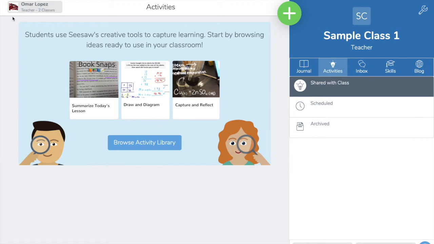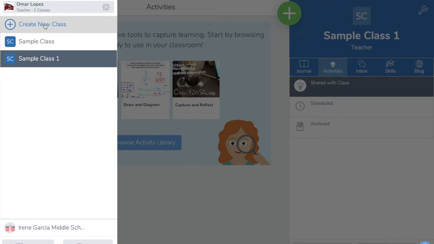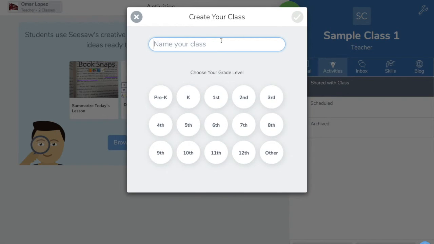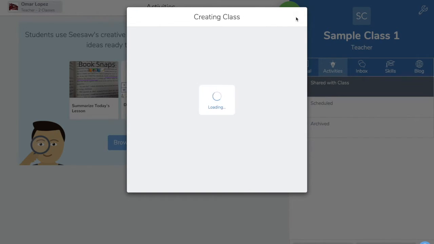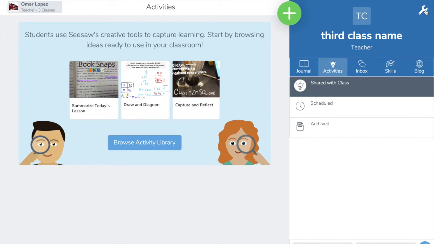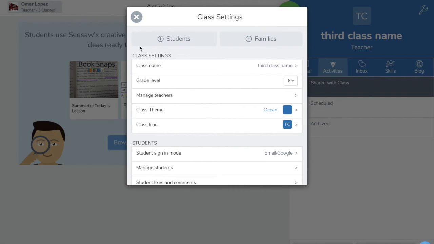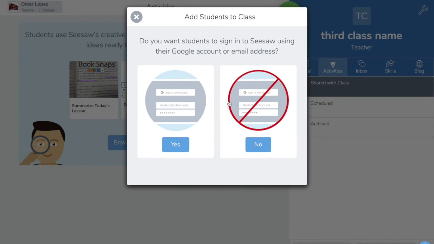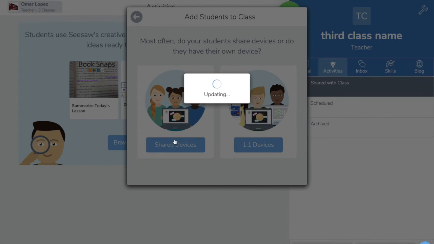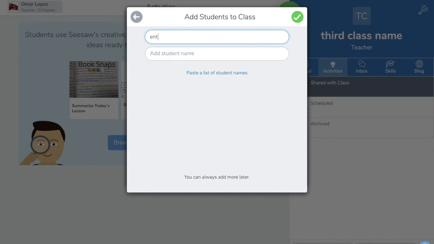When we tap on our name, we create a new class, enter the class name, select your grade level, green check mark, wrench for adding names, add the students. We say no because we're going to add them ourselves, share devices, and their names here. Once we're done with all the names,